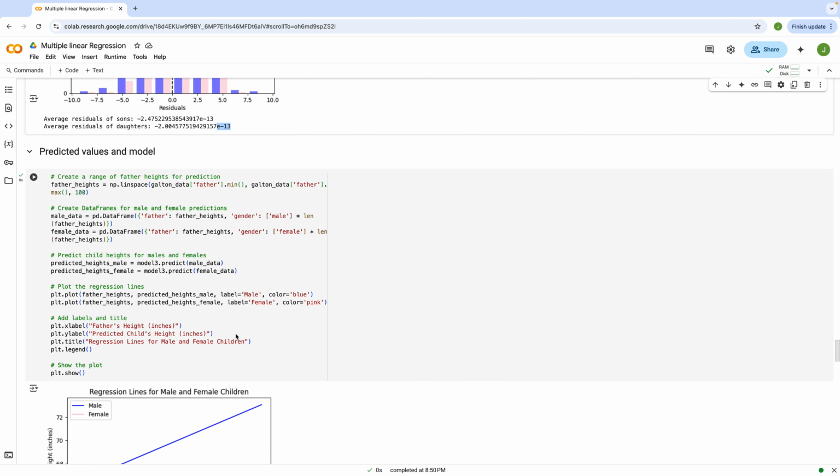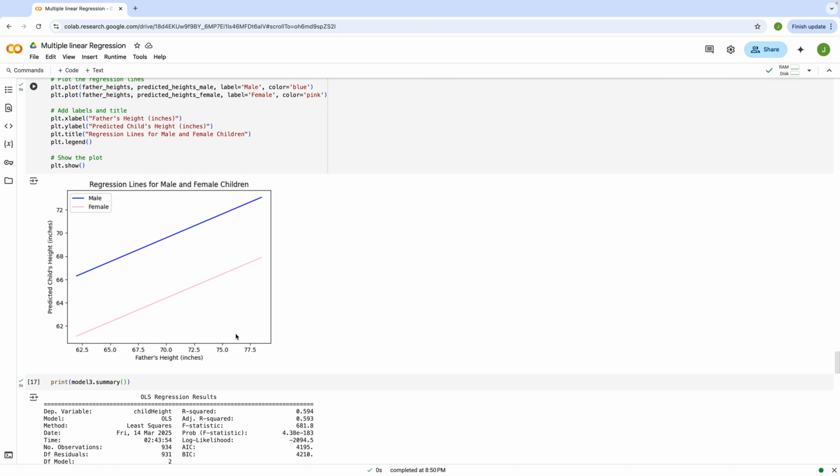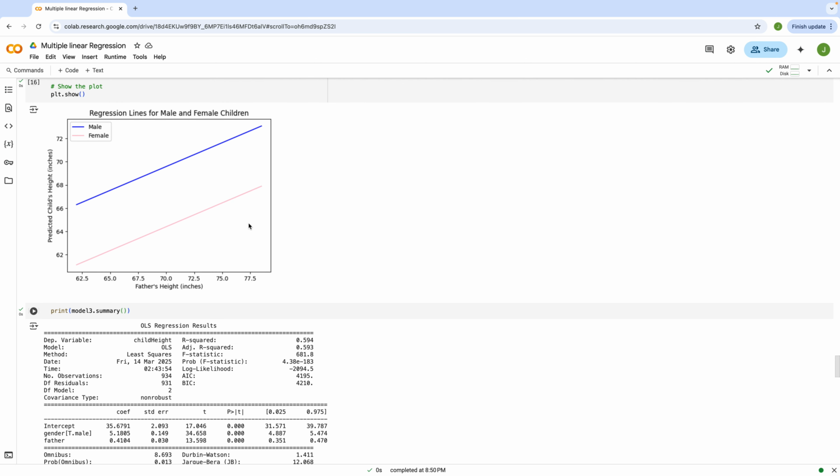Let's talk about predicted values. So the predicted values based on a father's height on the x-axis is given by these two lines. The blue one representing males, the pink one representing females, and we see a constant difference in heights. These are called parallel lines, and that's a feature of this model. So we'll talk about that again